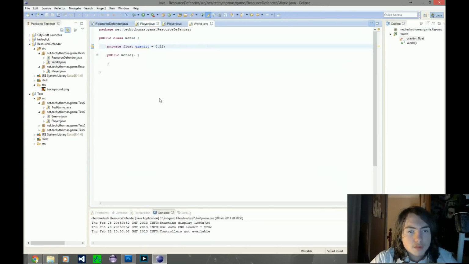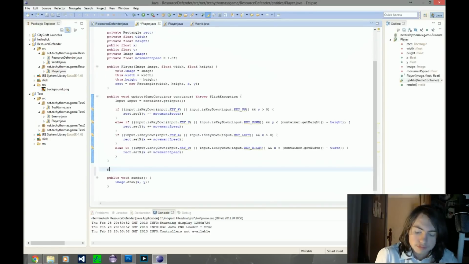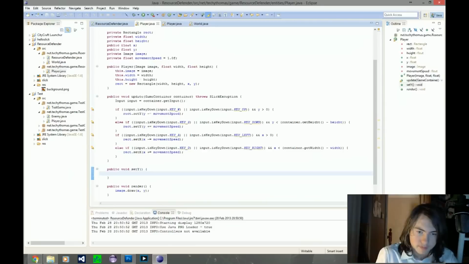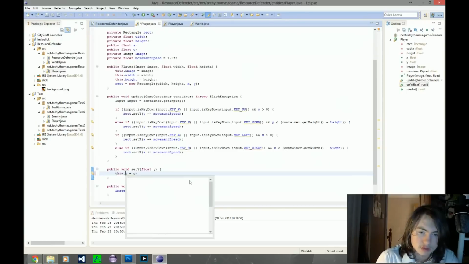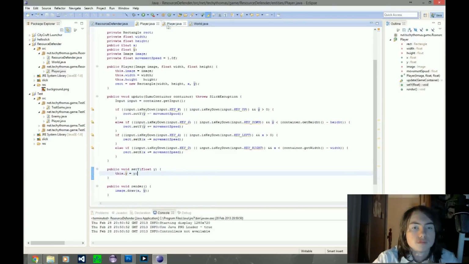So we've got a gravity here, and then we'll create a new section that's just public void setY, and then float y. Oh, we just float that as y there. So player, no, it'd be y equals y, but we need to do it as this.y equals y. World, and then we'll just do